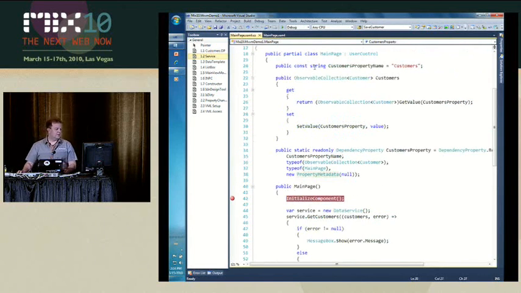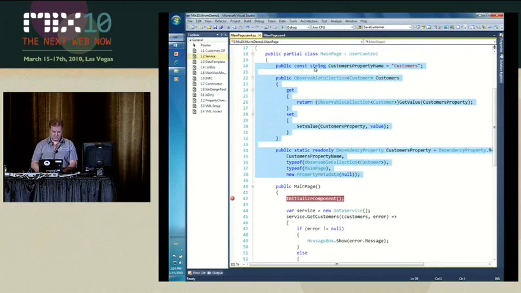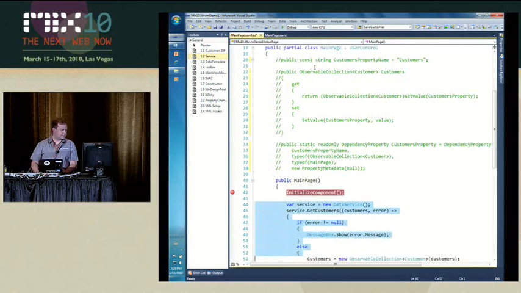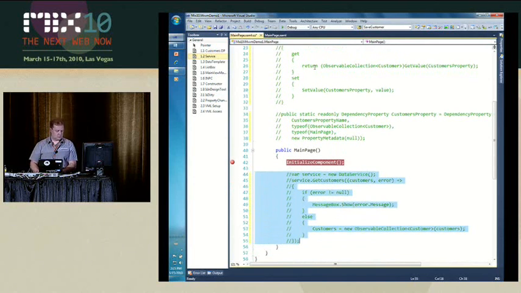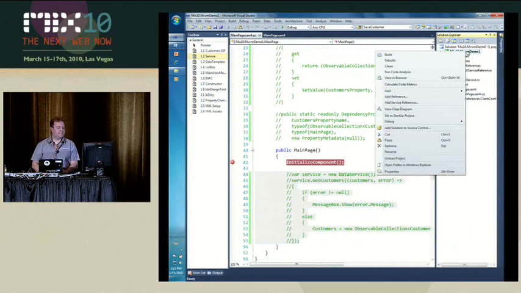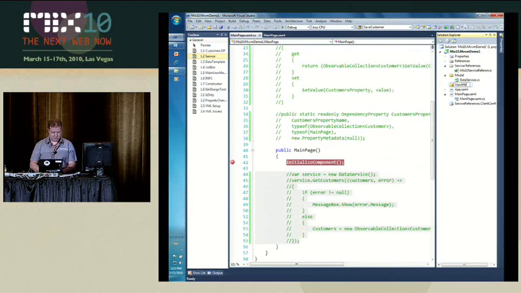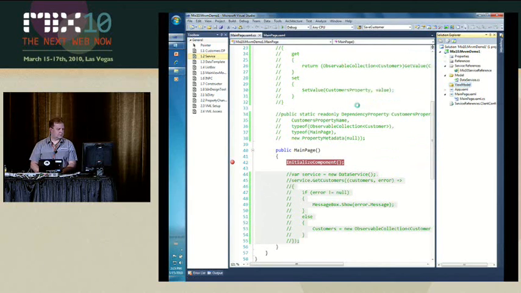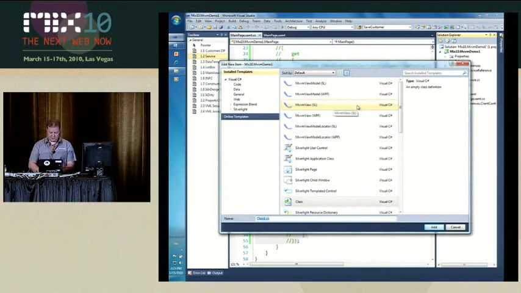The first thing I will do is remove this dependency property and also remove the call to the service. Then I'm going to create a new layer. So I add a folder. Here we go. And I'm going to add a new class. And I'm going to name this class main ViewModel. So I have a one-to-one